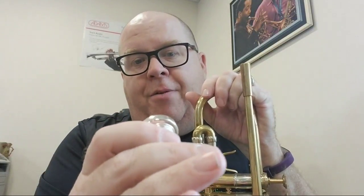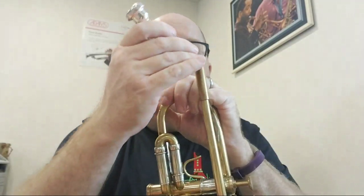Speaking of mouthpieces people played, this is Clifford's old mouthpiece. There's some cushion. Nick, if you're still watching, that's a cushion rim right there. This is off the old New York 17C2, which supposedly is a copy off a Muck mouthpiece, but I'm not so sure about that. I have a few of the Muck mouthpieces in a drawer somewhere in the shop, and it doesn't really share many elements of that mouthpiece. But that's pretty cool. I won't sound like Clifford, but...